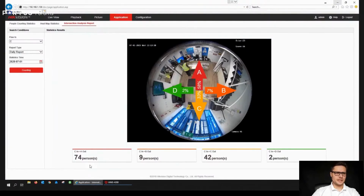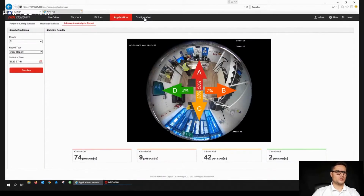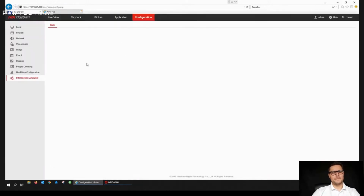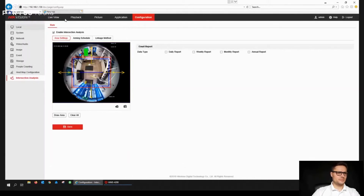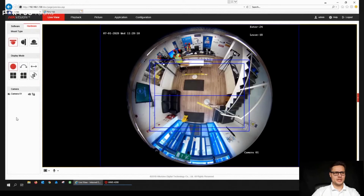So the camera can be connected to the recorder. If you'd like to connect the camera to the recorder, we need to get the camera working as not the fisheye only, but we need to pull some more views of the camera. So quickly, before we go there, before I reboot the camera, because in order to change the hardware I will need to reboot the camera, I'm just going to show you how it looks on the app on the phone,